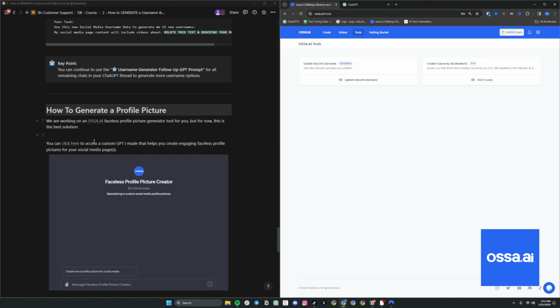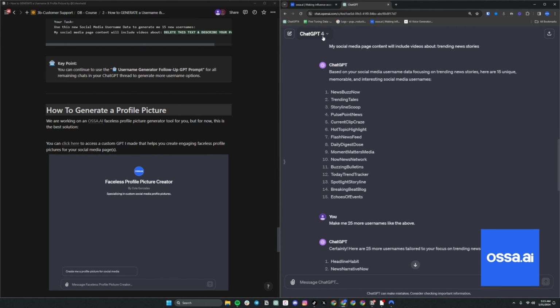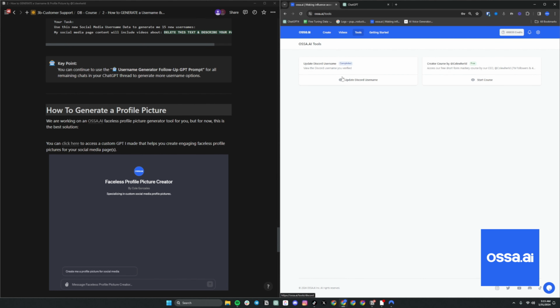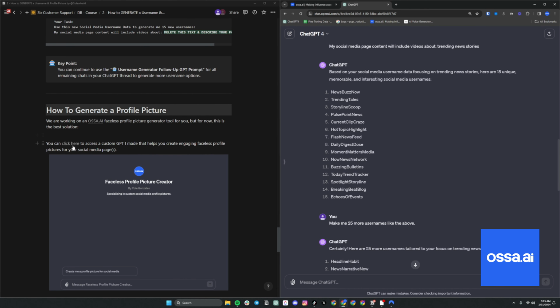But for now, before we give this to our users so you can just do it natively in here, I just decided to make this. If you don't have a ChatGPT-4 subscription, you could also use any other AI tool, but I do recommend using AI. It's just so much more efficient than having to do it manually. Before we release our profile picture generator, this will be your next best option. By the time you see this, we might already have it live. But if not, then just use this. Super, super simple.